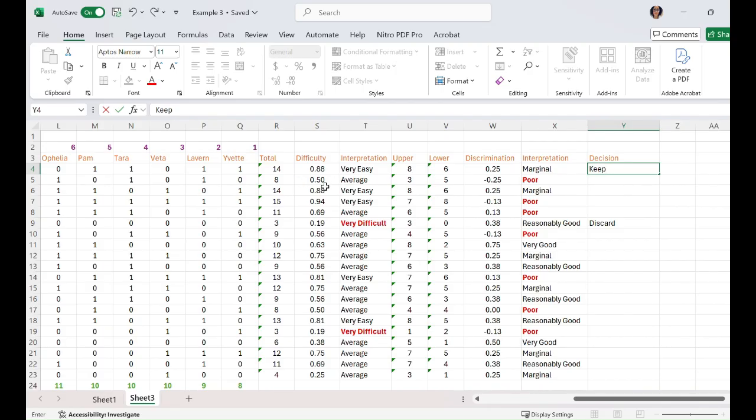Definitely here we have average performance, 0.5, but it's negative discrimination. So what we're seeing here is that of the 8 students who got this item correct, only 3 of them were from the upper group. So you had more students from the lower group getting this item correct. So most times an item like this tends to be ambiguous. Usually there's some misleading information because you expect generally that the students who score highest overall will do better on